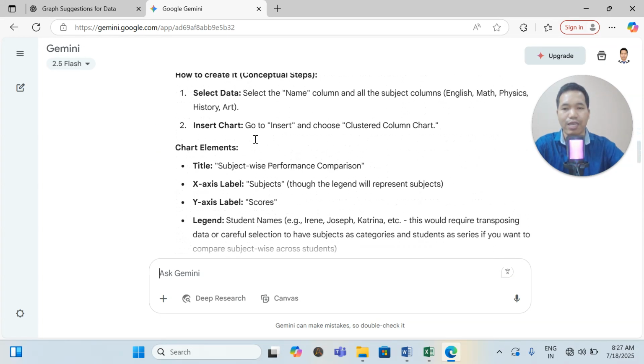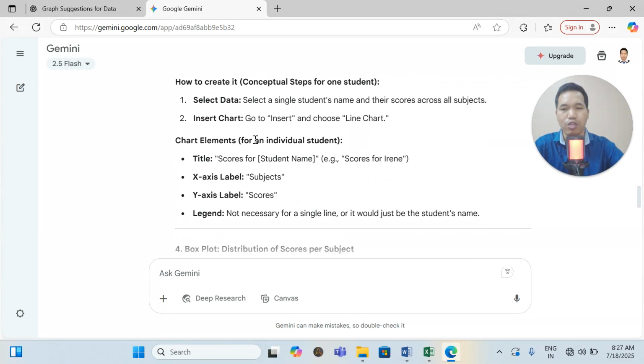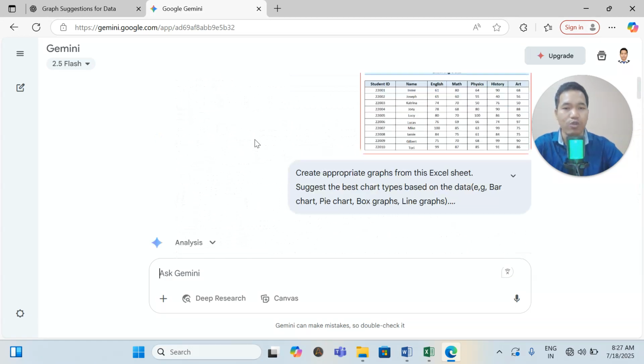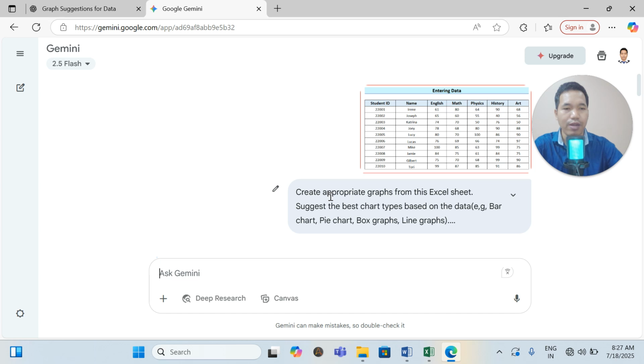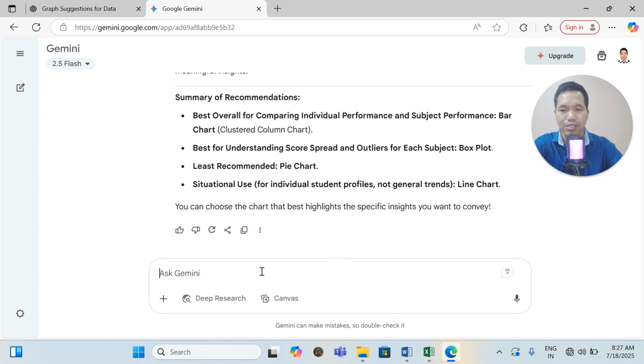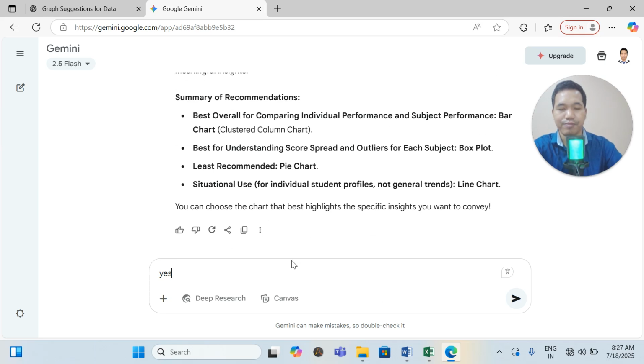Yes, see, they have given it very clearly and how it is explained. Same thing they have explained. Do one in this way, it could show in this way. They are trying to frame what you're looking for, they understood clearly what you're looking for. Why did they understand clearly? See, because you have given the proper prompt, right? So that's why they understood very clearly, and it's generating. And after reading through, yes, please, you can choose the chart that best highlights the specific expression you want to convey. Okay, you can choose any one of them, but I said,